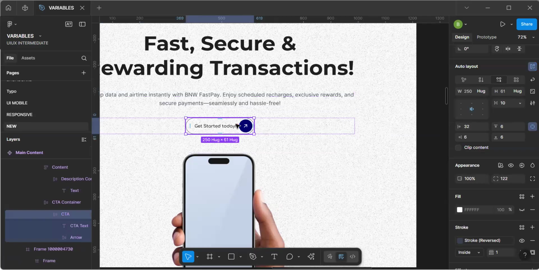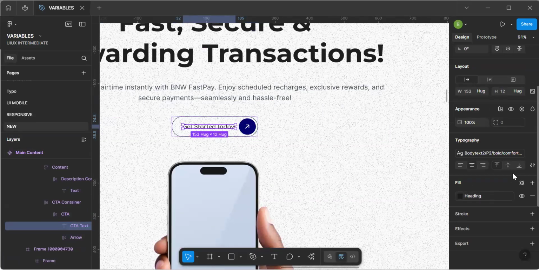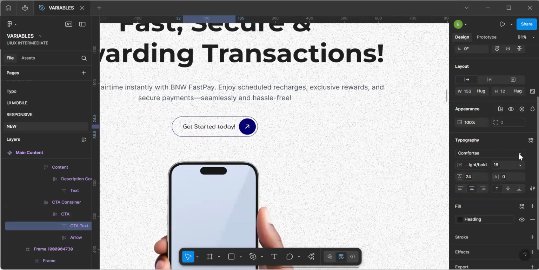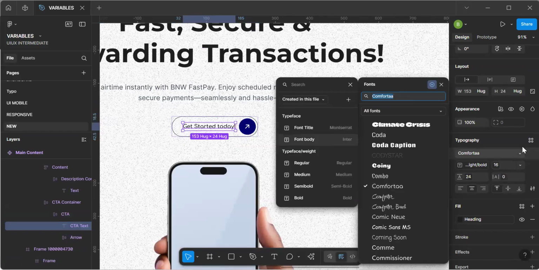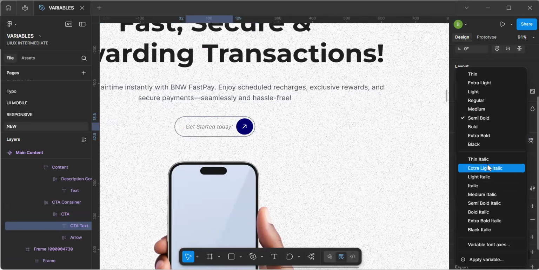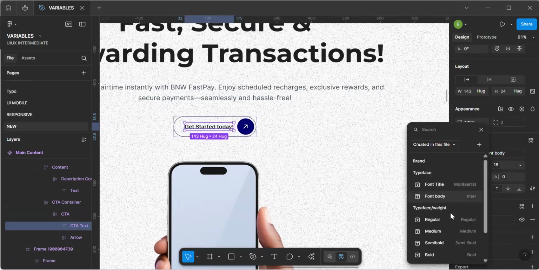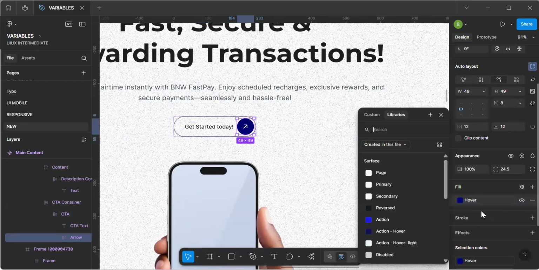Then this was not a component, but no problem. So we're just going to do it manually. So I'm just going to detach this. This is a body, so I'm just going to change it to body. Okay, going to remove this. This should be medium. Oh, that reminds me. Let's use medium here. Then I'm still going to change this to